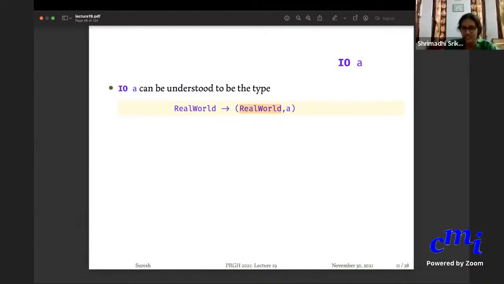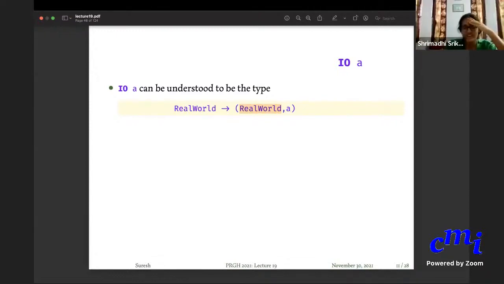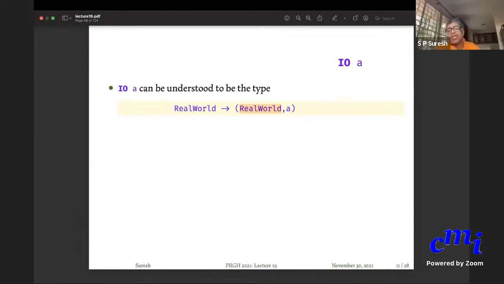I just understood. It is adding one line to the screen. It has actually changed your screen output, right? Oh, okay. So that is part of the real world. So the real world has changed, but there is no value that you can use. You asked it to say hello world, it has said hello world. It's not like you called Fibonacci 50 or whatever and you have a number that you can work with. That would be the value.